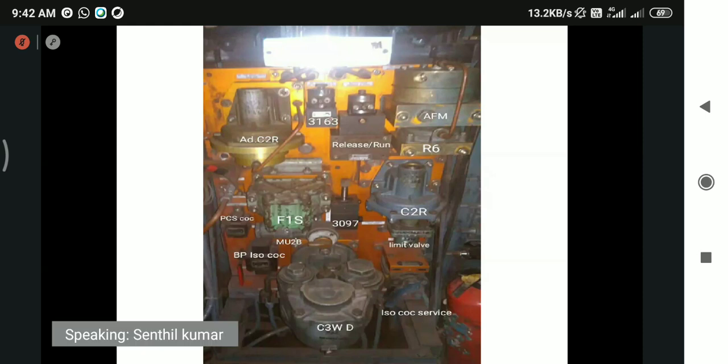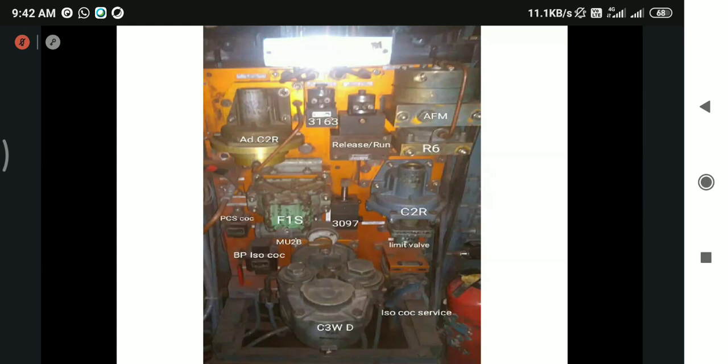What is meant by dead? If the second loco, that is the trail loco, has failed, we need to take it from one place to another place, that is, from the failed station to the diesel loco shed. So it will be attached in dead condition to the leading loco. So what will be connected between the locos? Only the pneumatic pipes will be connected, because the dead loco is dead only. We can't take power from the loco. So the loco is in a shut-down condition and the brake system will be functional in that dead loco, controlled by the lead loco's brakes.